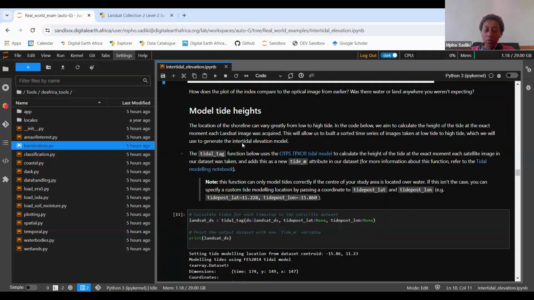Thereafter, you need to model the tide heights. Like I said, the location of the coastline varies. It's not just the line, so you need to be able to extract that for each image, each of the 174 images. So what you then need to do, with what we're doing with this code,